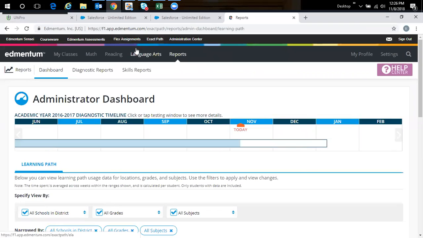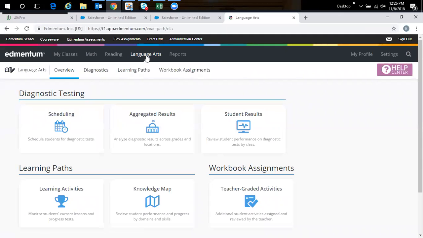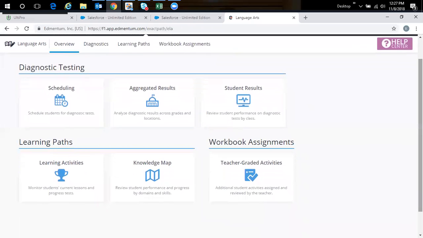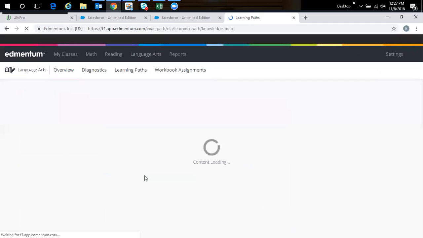Right now you guys have learning paths in reading and math, so our focus is going to be language arts. If you click on language arts, you will not see this diagnostic test. You will see the NWEA maybe up here with your reading and math, but you do not have access to the diagnostic test for Exact Path. What you will see is your learning path. And so if you click on the knowledge map,